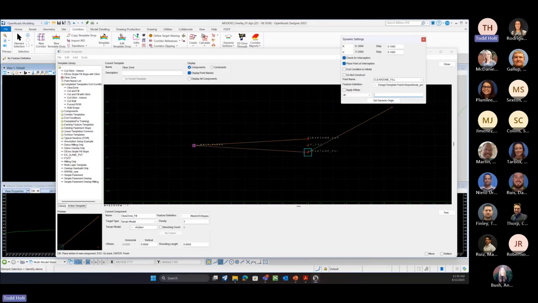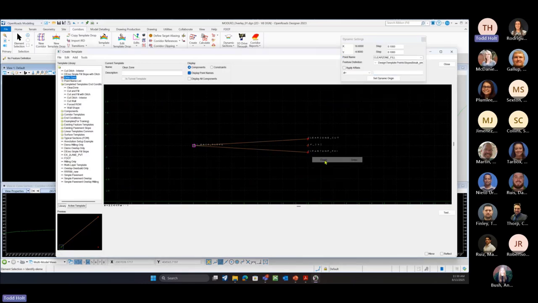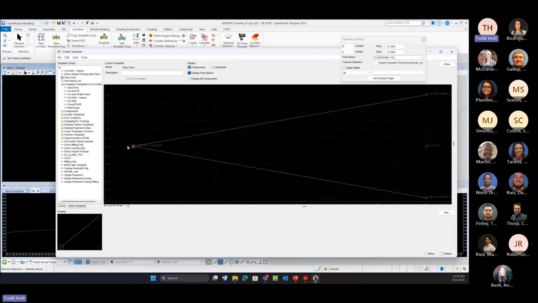And I'm going to hit enter on that, and it's going to draw that point, and it's still doing the do not construct, but our last point, since we took it off, we're defining a distance from this do not construct point. And then we're going to click finish on that. So if we hit fit view here, our criteria to find the existing ground of this template point do not construct is going to be 18